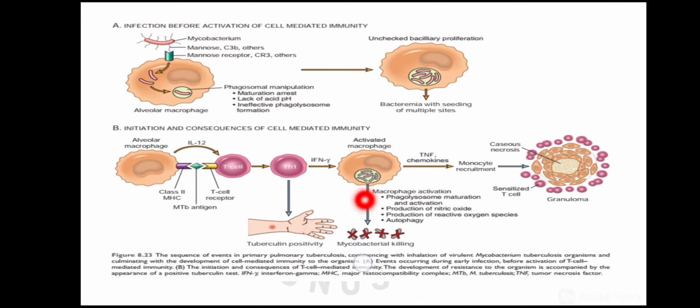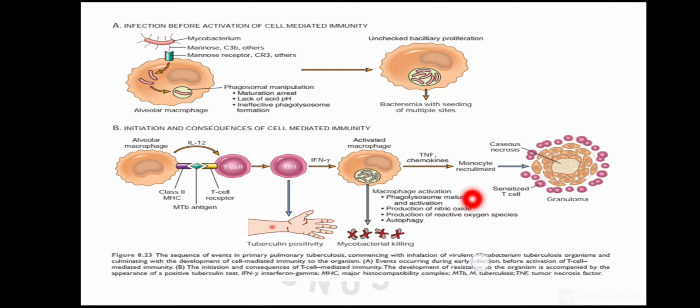This will cause the killing of the intracellular Mycobacterium tuberculosis by those 4 mechanisms, that is the phagolysosome maturation, then production of nitric oxide and the reactive nitrogen intermediates, then production of defensins, and also autophagy. So that will cause the killing of the bacteria. Also, this is the basis for the positive Mantoux test, in which the PPD is injected intradermally and it causes induration. So this T helper response is responsible for that Mantoux reaction.